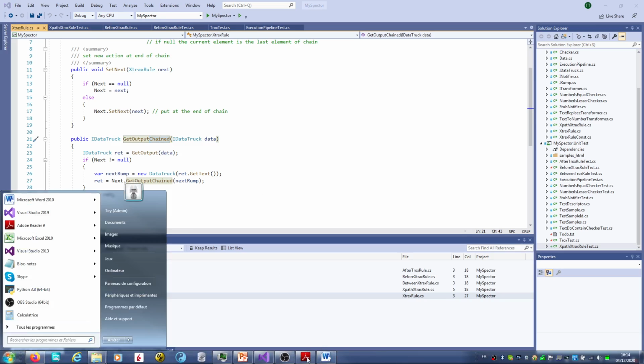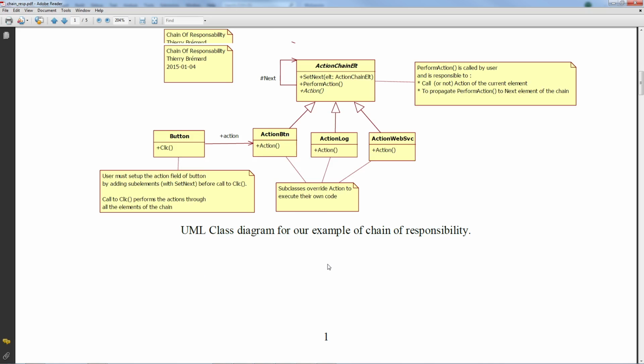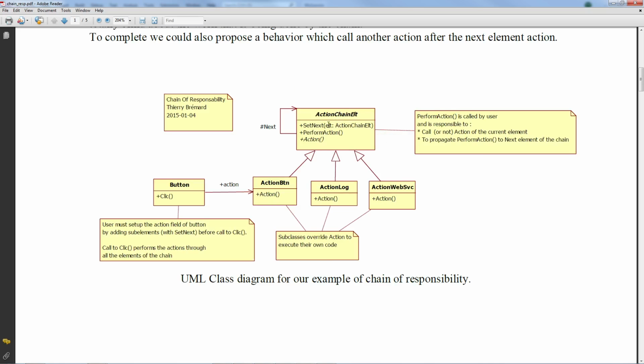This was something that I saw during the implementation that I have not established here. So here I have an action method, or I say perform action. You have to understand that this is calling a chain, a cascade. So if I do again this UML class diagram, I would better write this method as action chained.